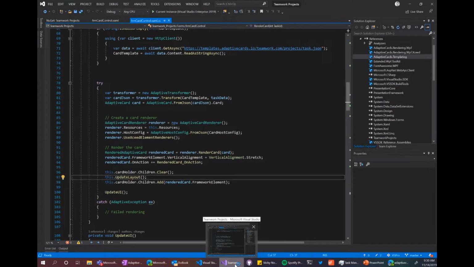Sorry, I just want to go into one thing Alexandra is asking in chat. You don't have to pass a JSON string into the transform function. It can be a normal C# object or whatever you have that will work. In our case, we are fetching data from the API, which is a C# object, and we pass the C# object to the transformer that actually binds the data onto the card. So you don't need to serialize anything onto a string. You just need to have the card template as a JSON string, and you can bind whatever data you have onto that. You don't need to transform it to JSON before.